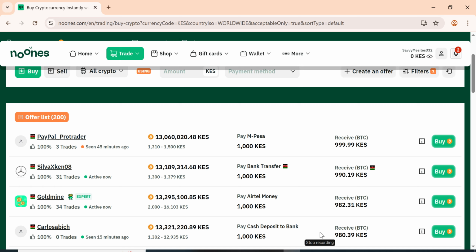About how the NUNS wallet looks, how it is being used, how you can make money from it, how you can actually use it for various transactions and trade activities we will be covering